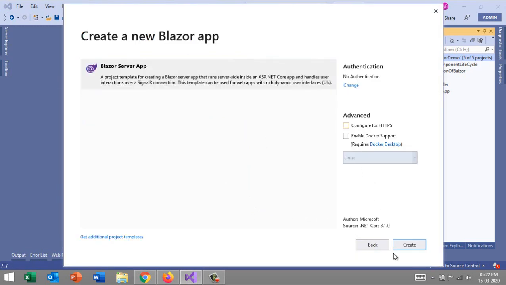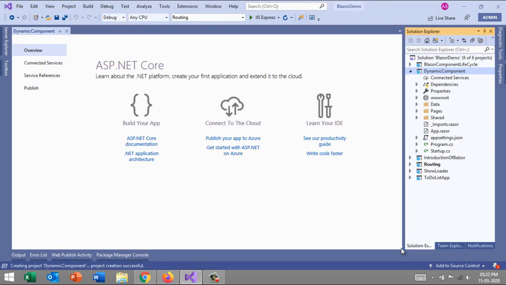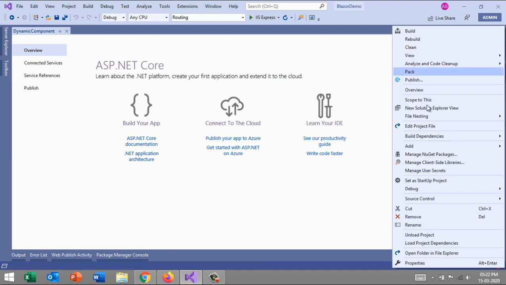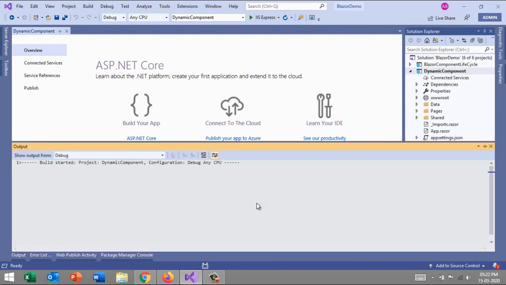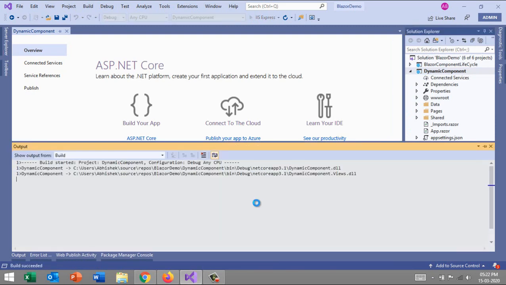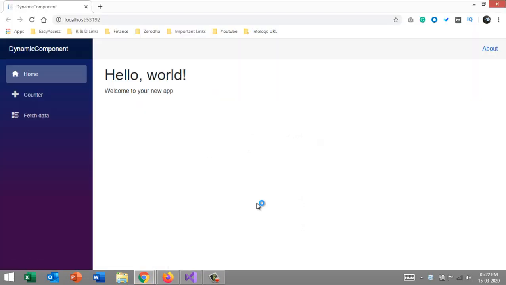Don't use this. Okay, I'm not going to make the same mistake again. Okay, set as default and run the dynamic component project.